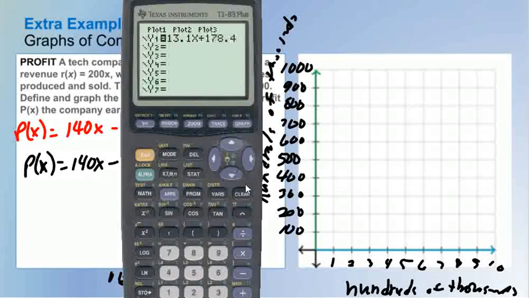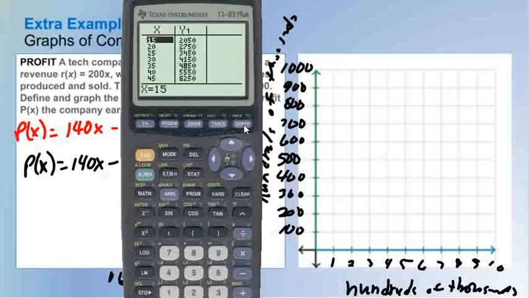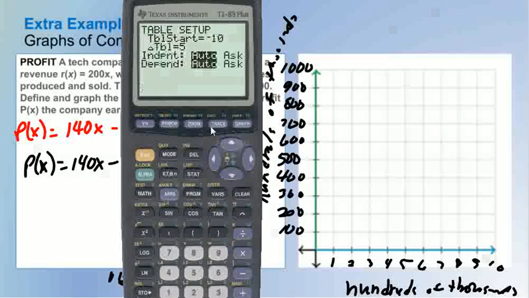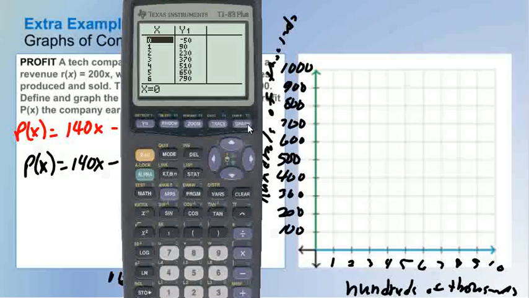So y equals, let's clear this. We can put 140x, and then we do minus 50. This will make it a lot easier when we graph it. So now let's go to our table. So second graph. And let's go up. Gotta change our settings here. Start at 0, count by ones. Then second table. So you can see